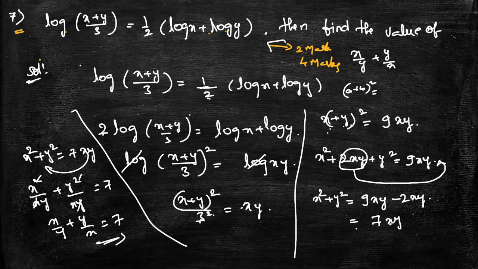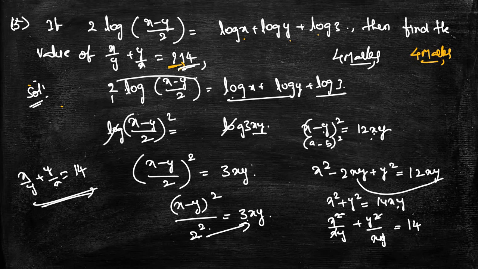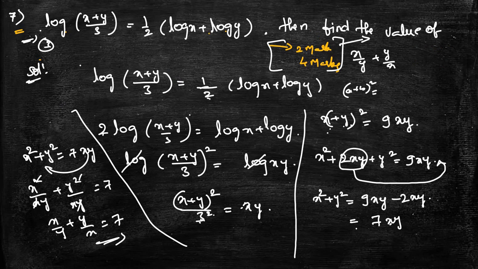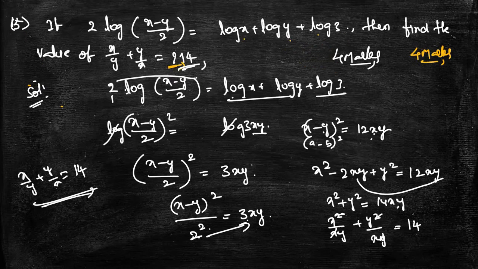So this is also a very important question. I'm telling you once again, it will come for a 2 marks or 4 marks question compulsorily. This type of question, not this exact question. This type of question has already come 3 times in this video. So please go through it. This type of question will come the same as this question, and again this question. So this and this one also. These three questions are very important.